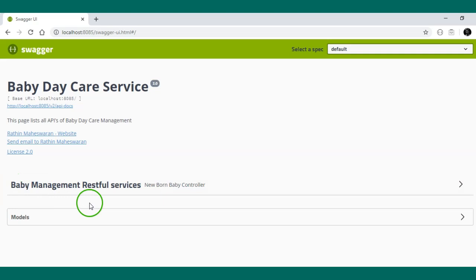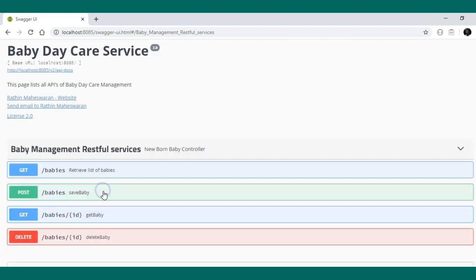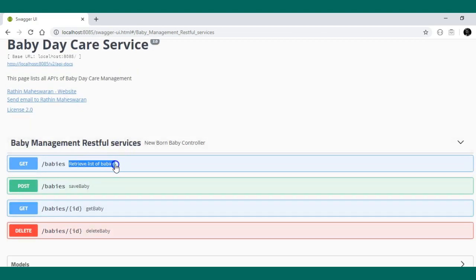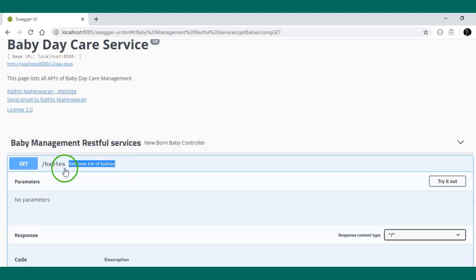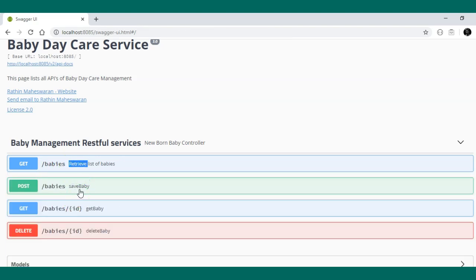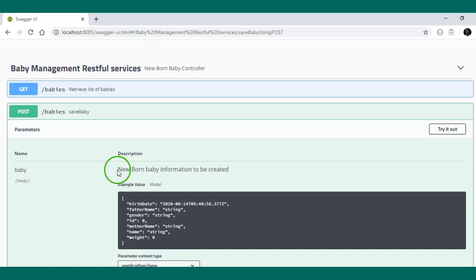You can see the customized description we have given for the controller and the API has changed. And also the parameter level description, newborn baby information to be created, is reflecting as well.